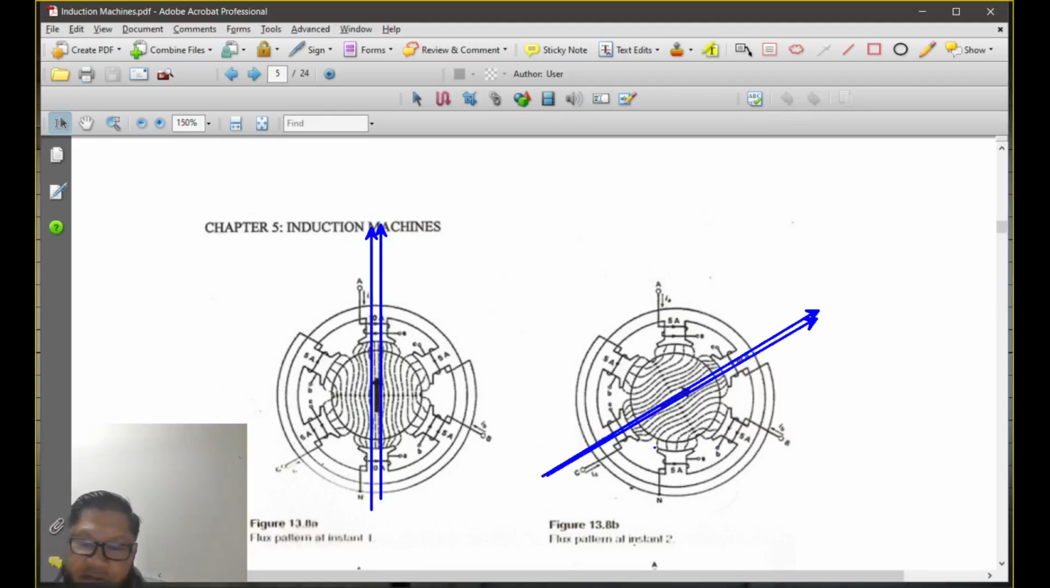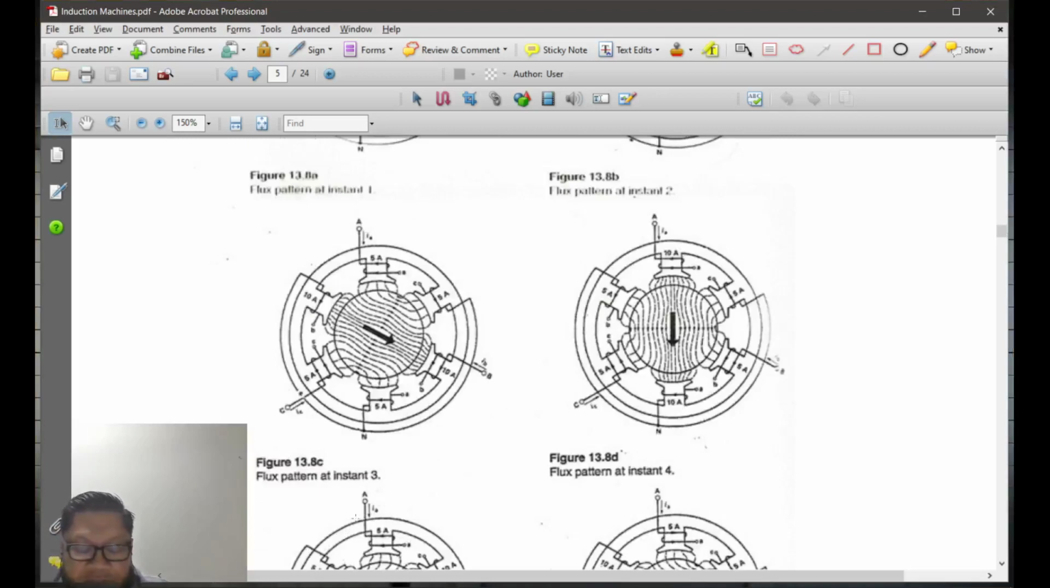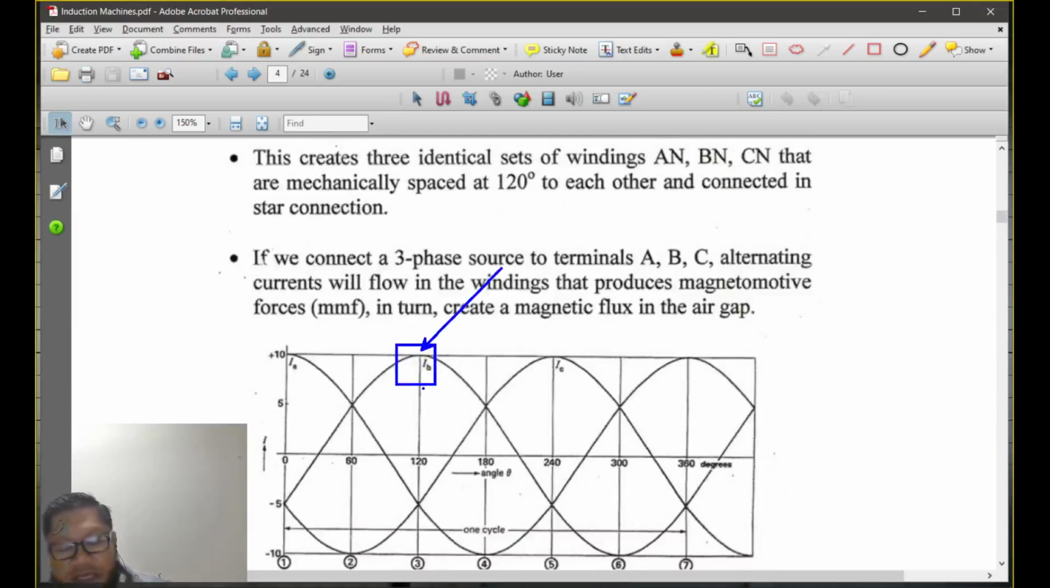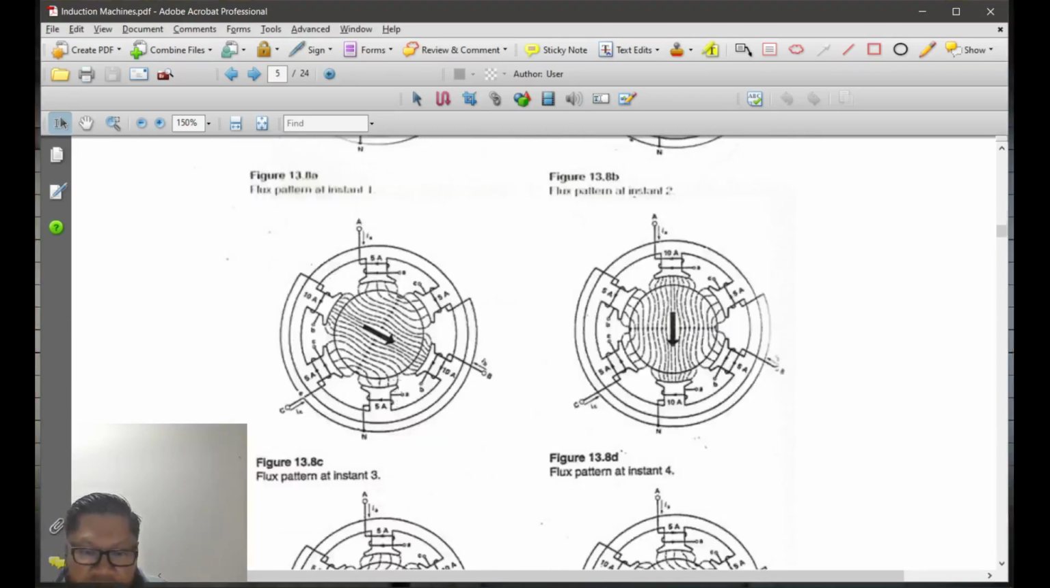We start with that, and we go straight to point 3. Let's look at this point 3. Point 3 is when you have a positive IB at maximum. So where is the IB? There you are. Okay? So this is IB. So current flows in that direction,